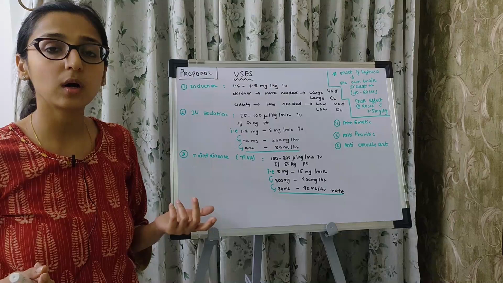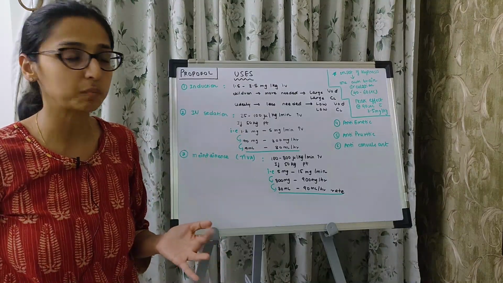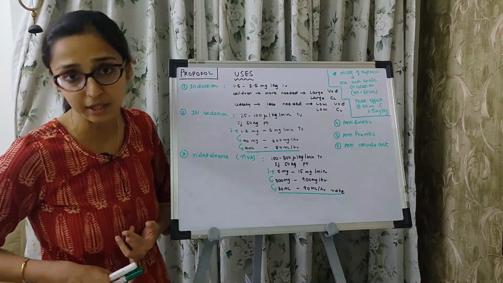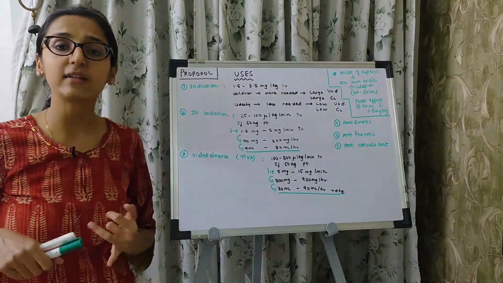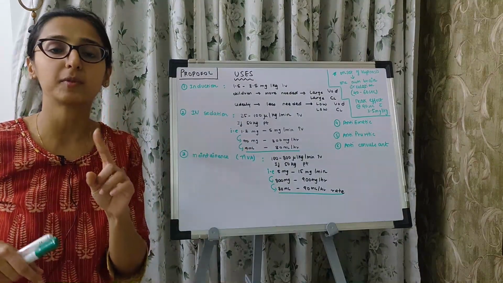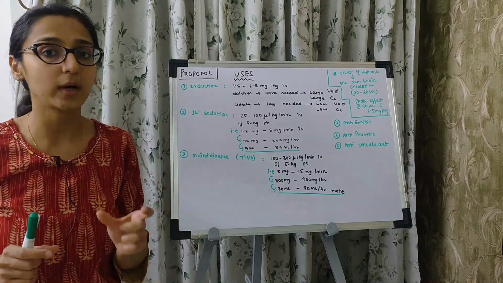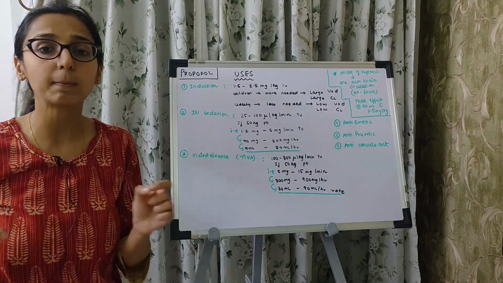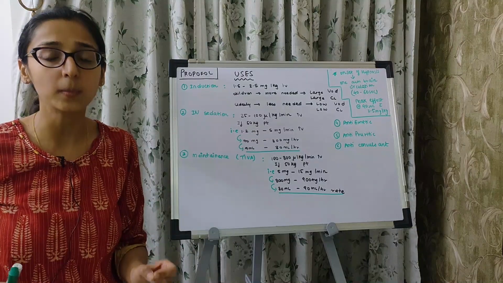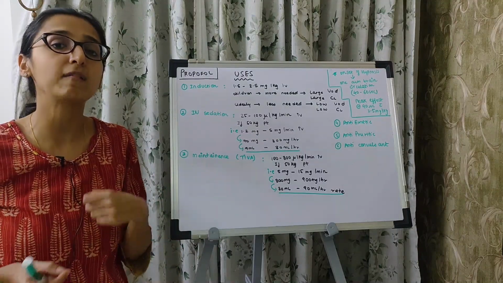There are other non-hypnotic uses of propofol. It's found that it has an anti-emetic effect. For that, you have to give 10 milligrams of propofol, that is, 1 ml of propofol is sufficient for the anti-emetic effect. It does not have any prokinetic effect, so you cannot replace the use of Perinorm, that is metoclopramide, by giving propofol.